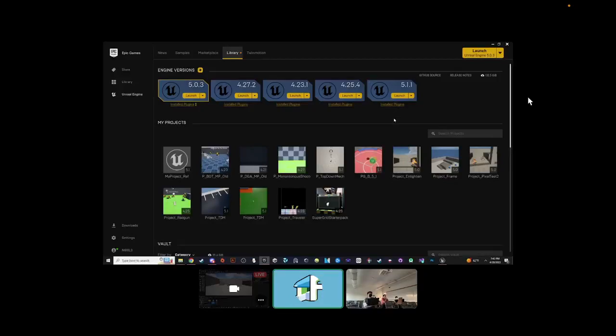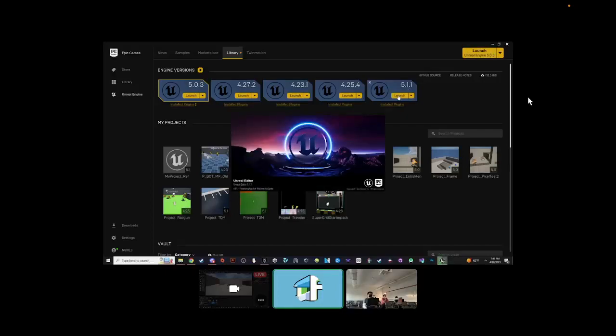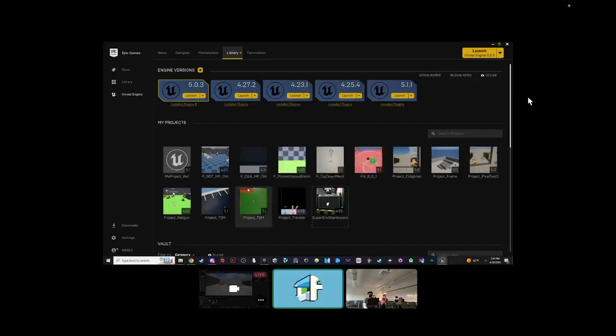So if you want to try out Unreal Engine, there are some things you're going to have to download, such as the Epic Games store launcher and the engine themselves, which have many different versions over the years, including their most up-to-date ones, but you can even go backwards as well if you really want. But for now, we're going to be focusing on Unreal Engine 5.1.1. Once you get that downloaded, if you click the launch menu right here, hopefully you should be getting a prompt such as this, which is doing its magic, initializing and all that.